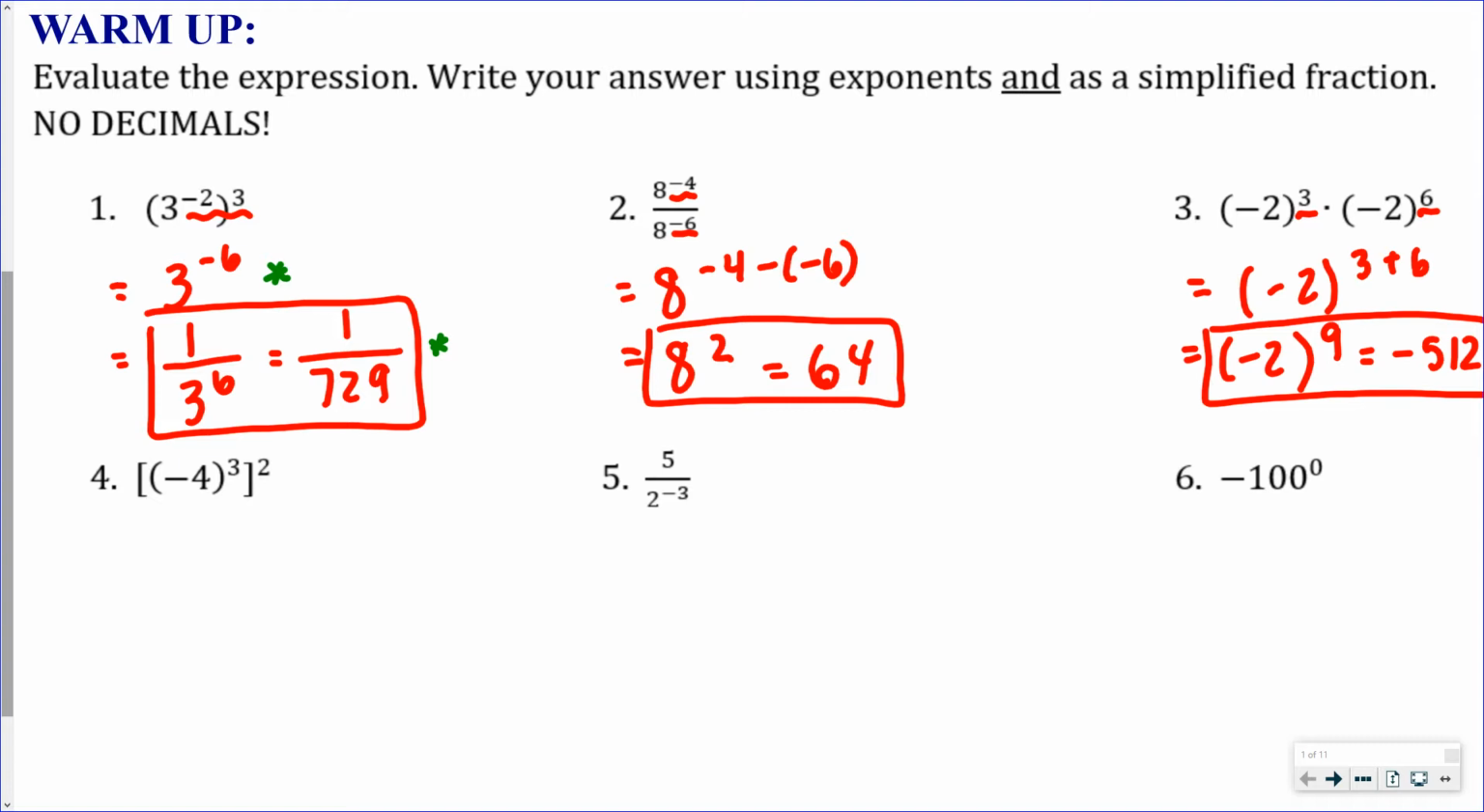Let's try number 4. Pretty similar to number 1. Okay, don't let all these parentheses confuse you. This is just saying, hey, negative 4 is your base, and it's being cubed, and then we're going to raise that entire value to the power of 2. So it's similar to this, where I have a power to a power, but the reason I have this extra set of parentheses is because I have a negative base. So this would be the same as negative 4 to the 3 times 2, to the 6th,